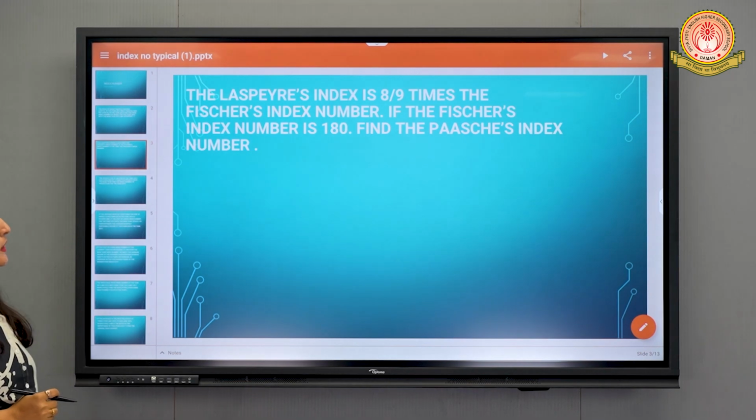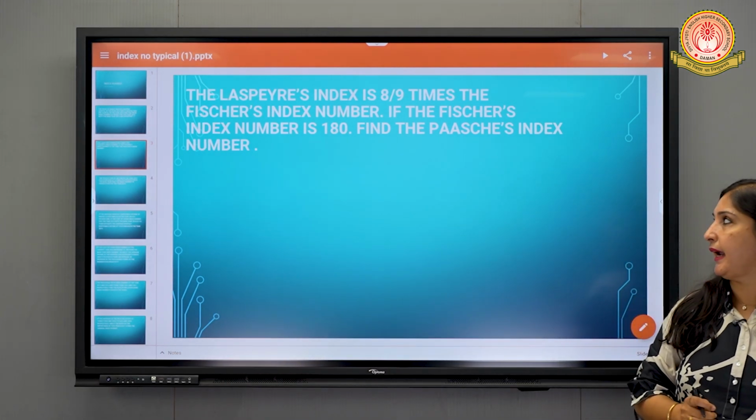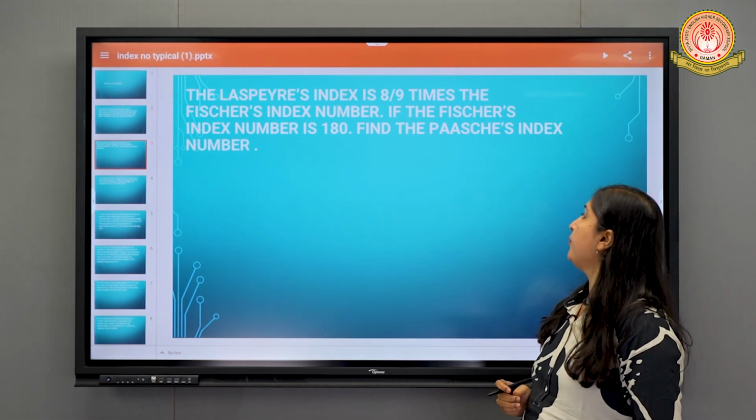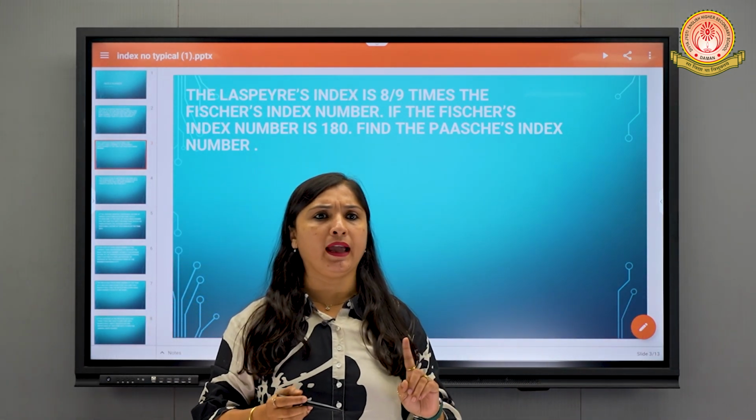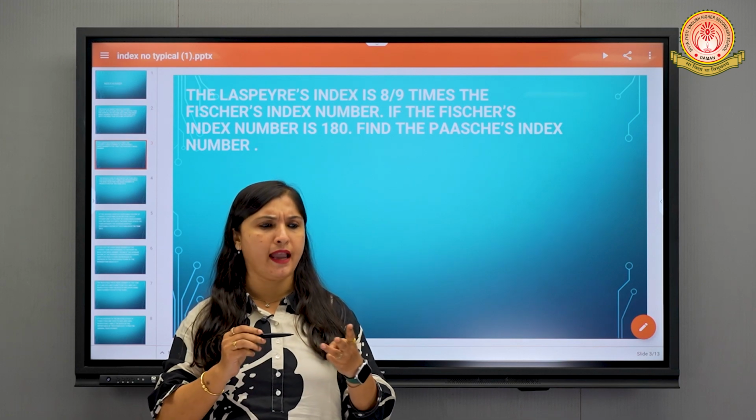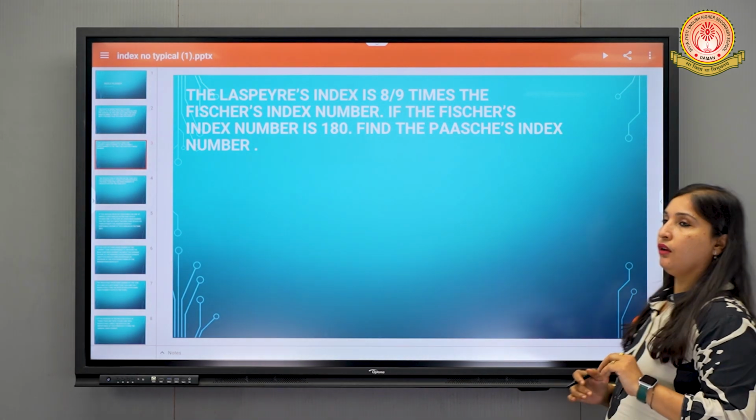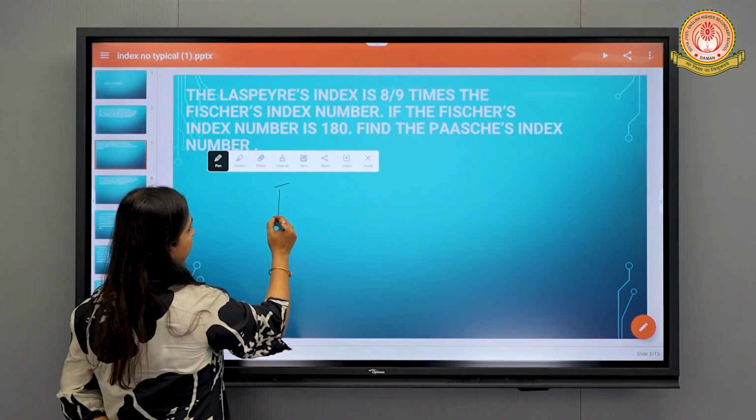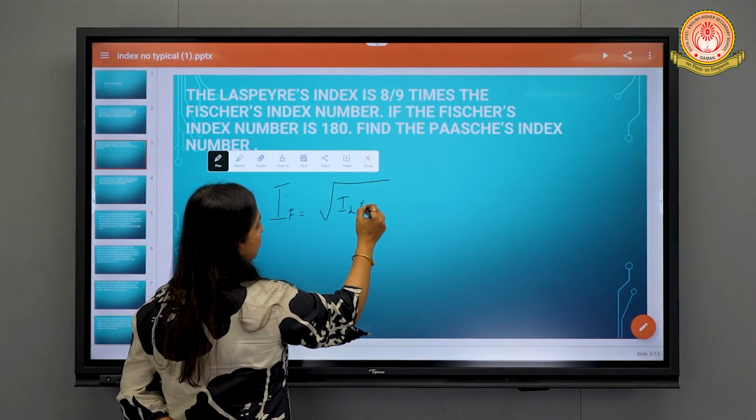The Laspeyres' index is 8 by 9 times the Fisher's index number. What is the question? Laspeyres' index number is 8 by 9 times Fisher's index number, and if the Fisher's index number is 180, find the Paasche's index number. So you can clearly see what we have. We have Laspeyres', Paasche's and Fisher's, and whenever we have all three of them, we have only one formula, that is IF equals under root of IL into